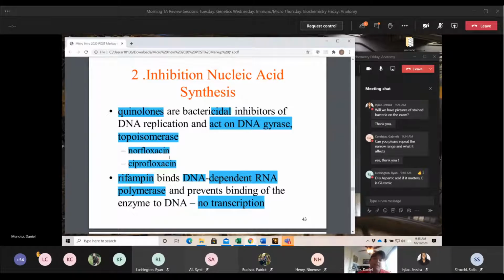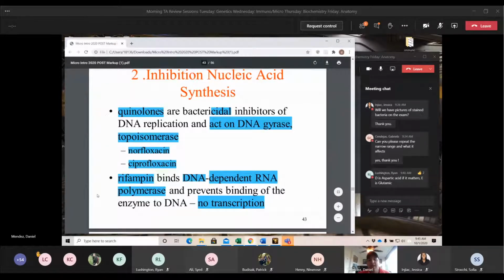Know these two names, norfloxacin and ciprofloxacin. Just be able to remember that the -oxacin goes with a quinolone. Have that in the back of your mind and be prepared for that. Rifampin is different. This is going to stop DNA to RNA. It stops the DNA-dependent RNA polymerase, so it prevents transcription.